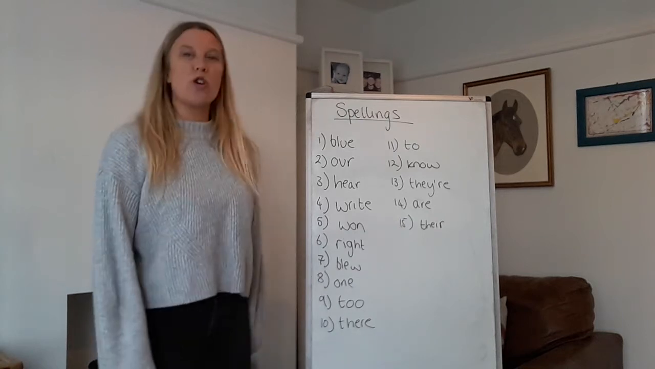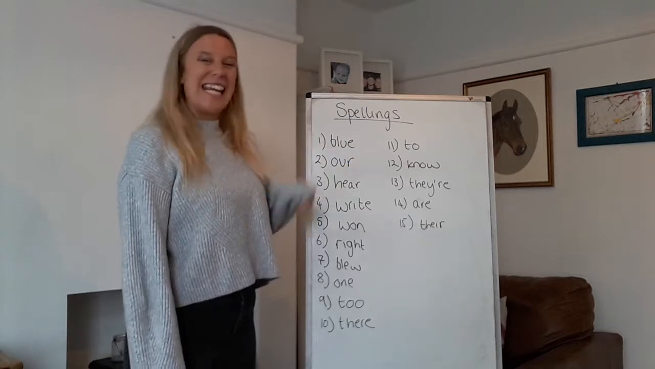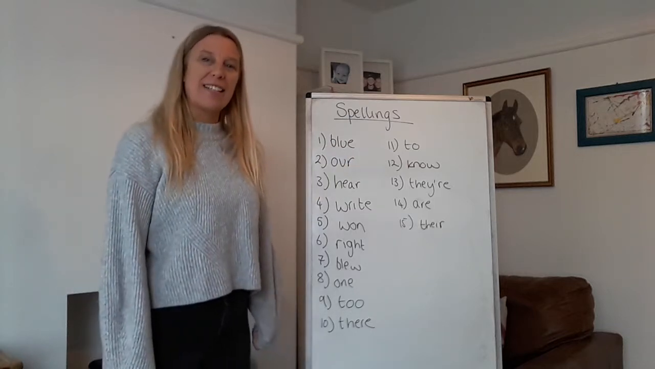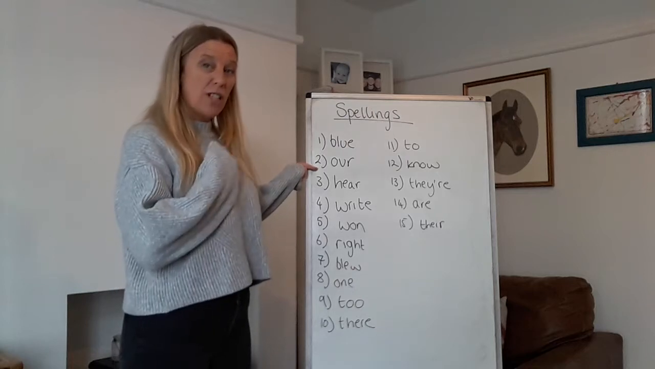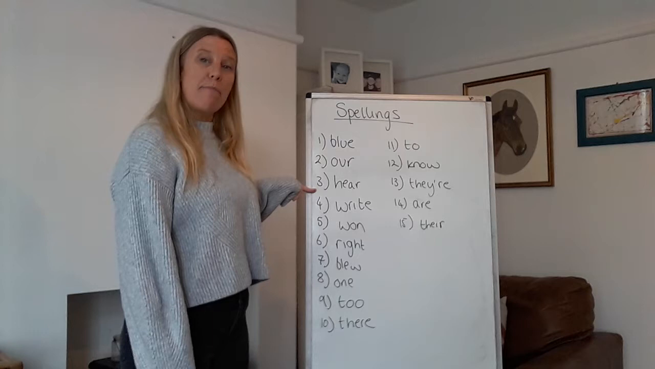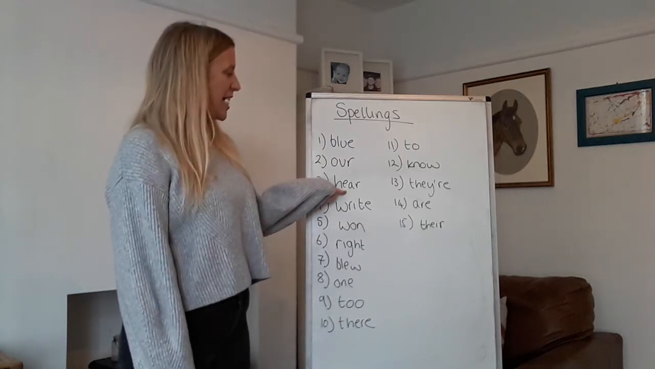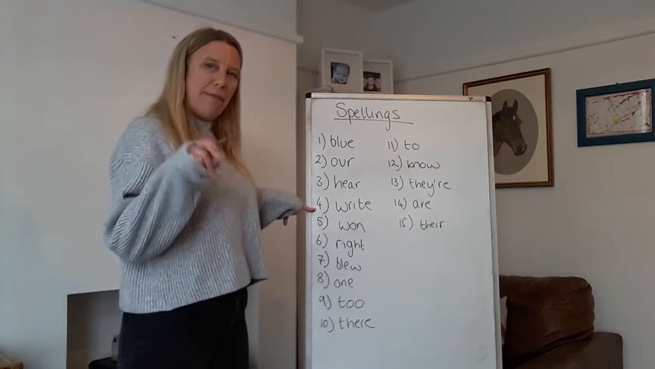So number 1 was blue, my favourite colour, blue. And that's B-L-U-E. That one is spelled like that, B-L-U-E. Then we had R, our house, belongs to us, our house, O-U-R. Then we had here, can you hear the birds singing? Here, H-E-A-R. Then we had write, write down your name and address,